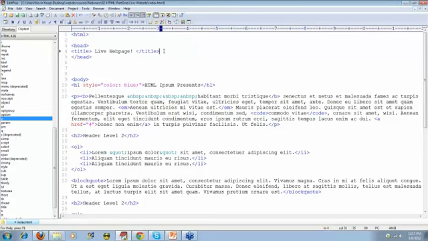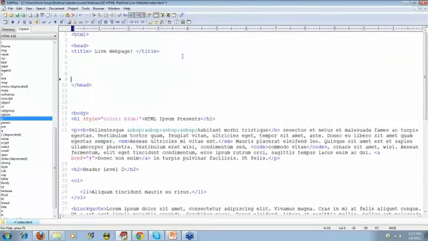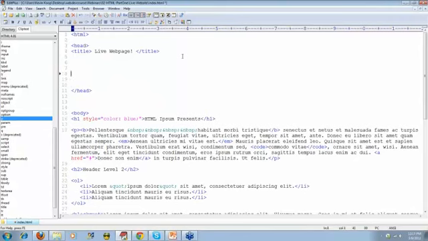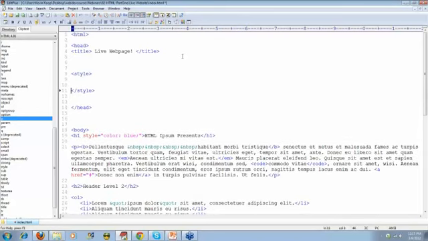So I'm going to put my cursor over here. I'm going to give it some space, and I'm going to come up about right there, and I'm going to type style, and then style again. So we have the opening and closing style tags. This is new. And again, these style tags must be contained within the head tags, between the opening and closing head tags. If I put this lower on the page or somewhere else, it's not going to work. The next thing is, even though this will probably work,